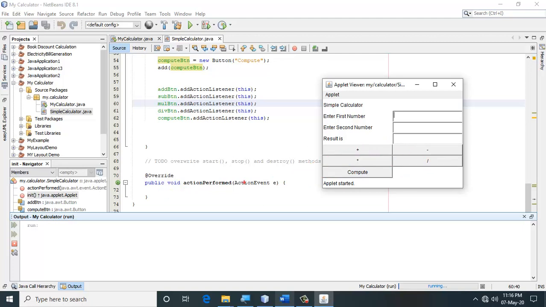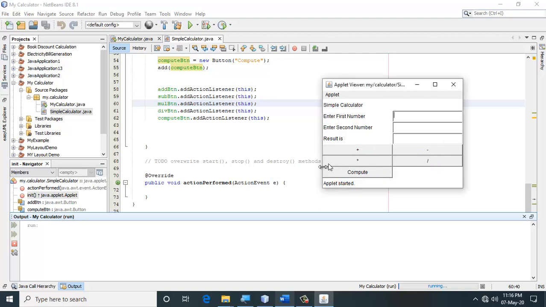For that I am supplied with the action event. This action event E contains additional information that says which button is clicked. So whether it is a plus, a minus, or a compute, I can find out by looking at this action event.